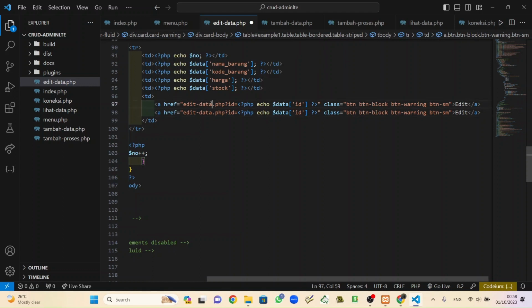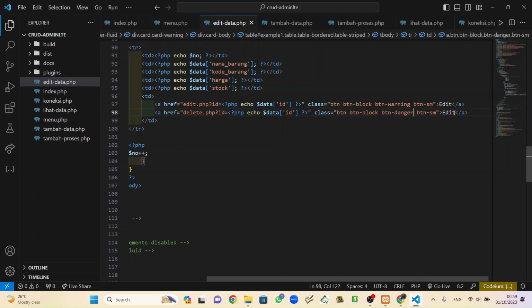Not edit data, but edit, just edit. Okay, and the second one is for delete, save, not warning but danger, save, okay, and hapus.